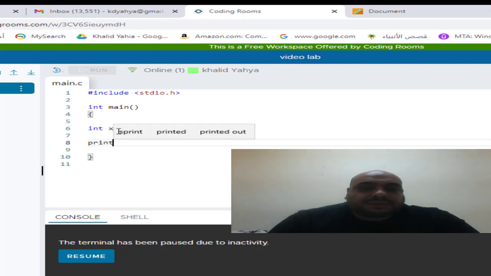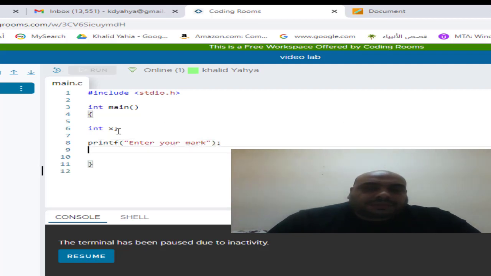So printf, enter your mark. Scanf, this is an integer, so take decimal, comma, and here &x, to save the value in x